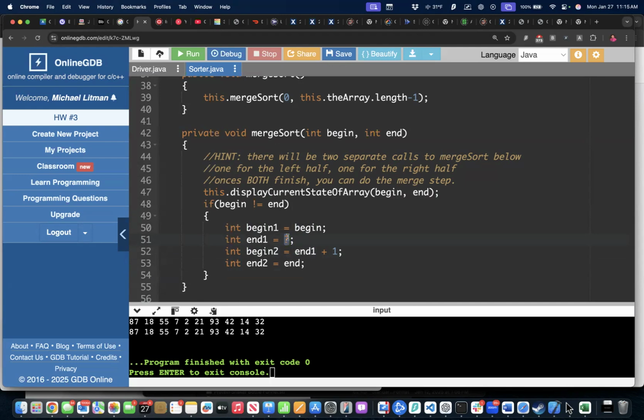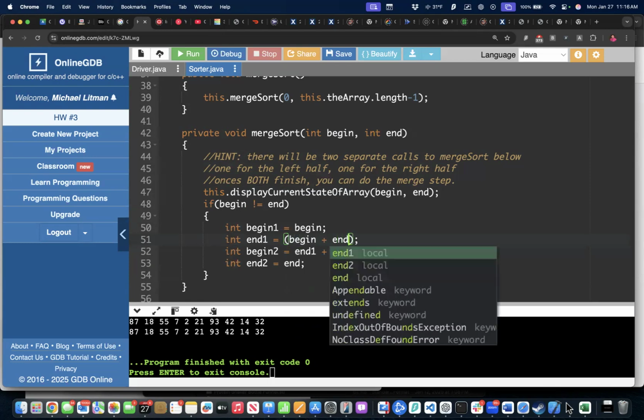A lot of times the path that people go down is something like, oh, maybe we do end minus begin divided by 2, which works for the left half stuff. But then in the right half, you start getting crossover. And so the way to figure this out is begin plus end